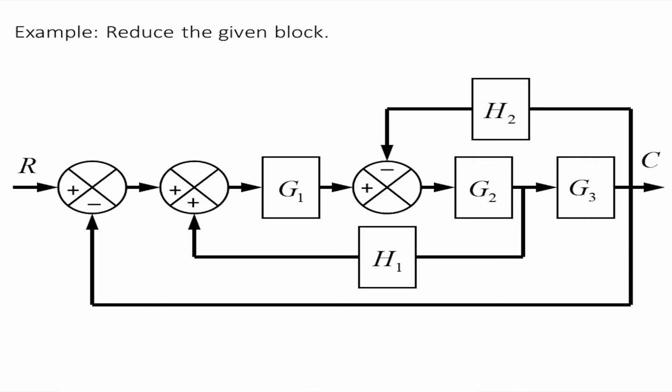What you are seeing in this block diagram is that there are three forward blocks, G1(s), G2(s), G3(s), and three feedback paths: H1(s), H2(s), and one unity feedback. If there is nothing on a particular signal path, it is a unity feedback, meaning the value of that line is 1. Now there are two summing points and two takeoff points. See clearly what is given in the block diagram and then try to solve it.